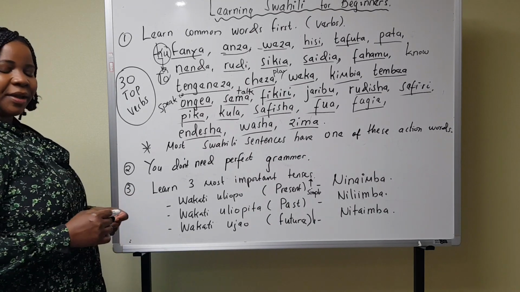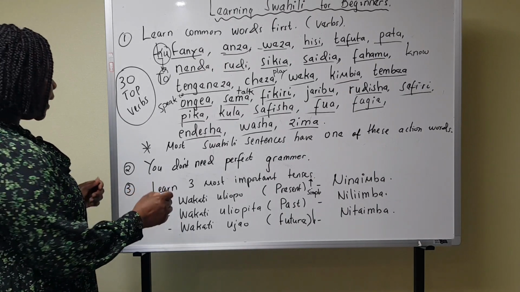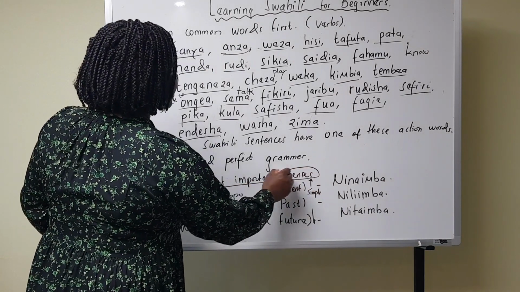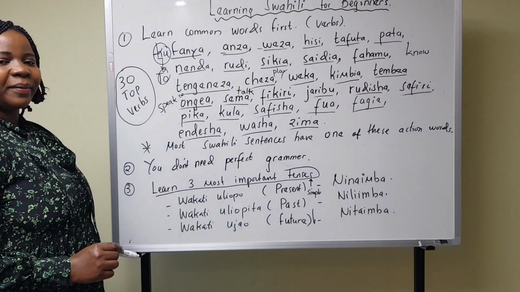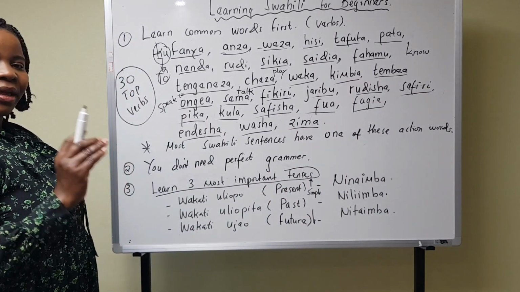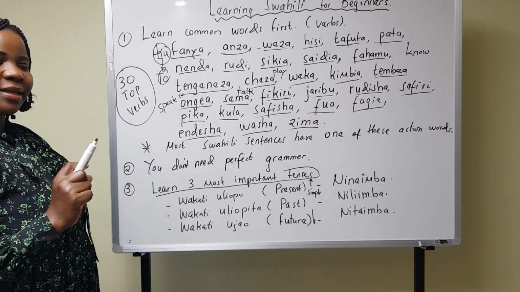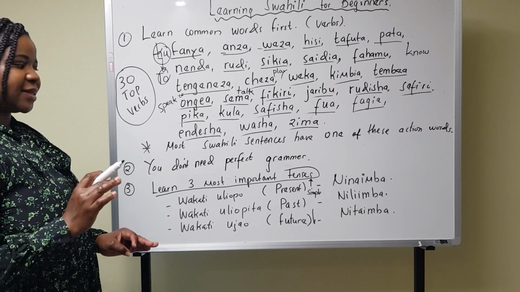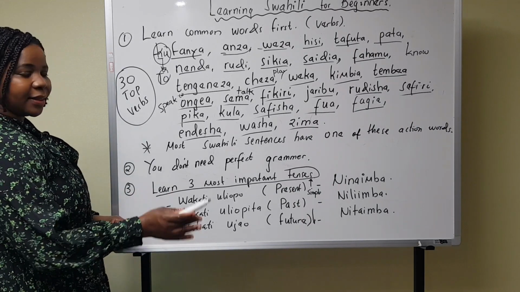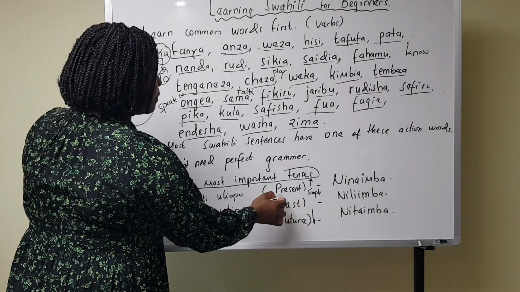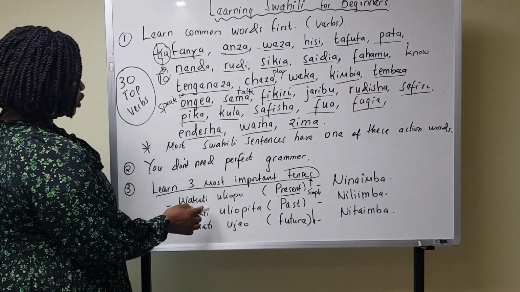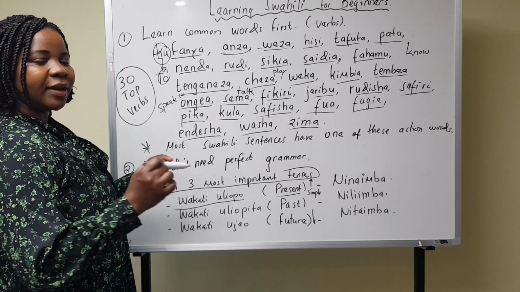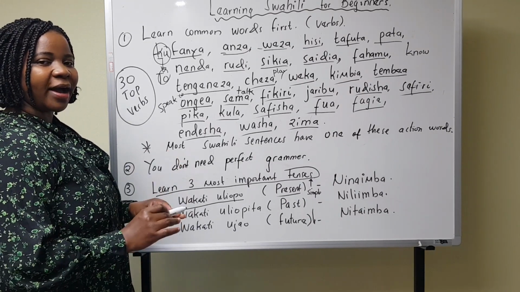Tip number 3, learn 3 most important tenses, okay? So learn only 3 important tenses. So 3 important Swahili tenses are, in English we say simple present, which is wakati uliopo,